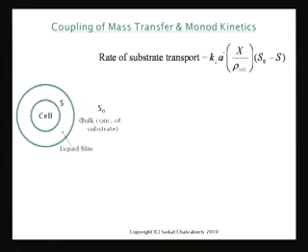So if you want to solve a really detailed model, what would you do? You take the liquid film, and then solve for the profile within the liquid film, solve for the profile within the cell, and then balance all of that. What we are doing instead is that we are not solving for any of the profile either within the cell or the profile within the liquid film. We are simply saying that the rate of substrate transport is mass transfer coefficient times volume of the cell times S naught minus S. And for the cell, what is the uptake?